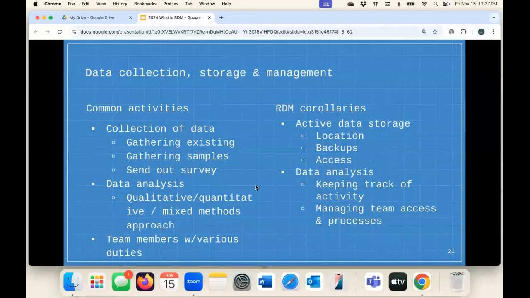Backups are a big part of this phase of research while you're doing collection and analysis, making sure that everything is being taken care of so that you don't lose something, right, while you're in process. This is also the phase that gets really messy in terms of people stop paying attention to the file naming norms and you have to kind of go in and clean those up.